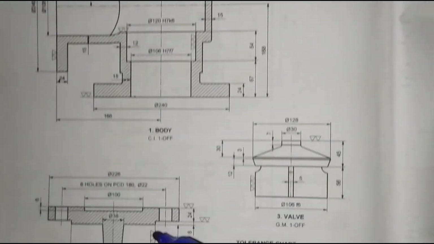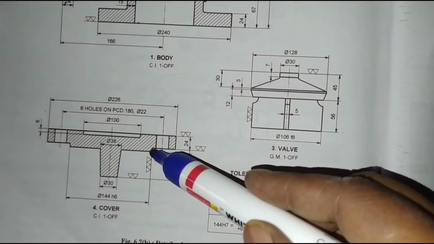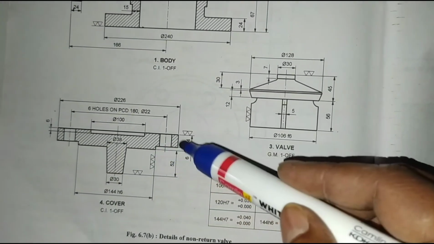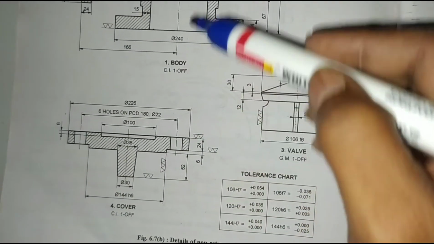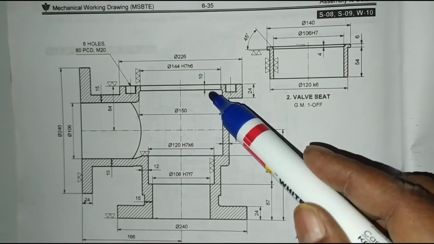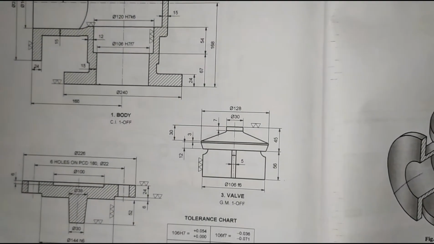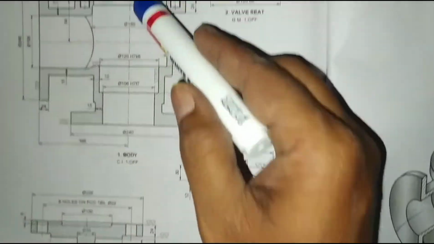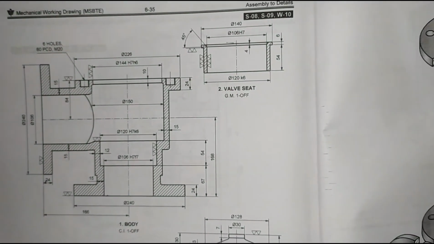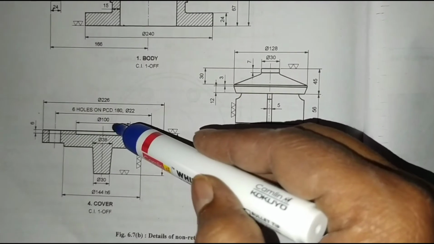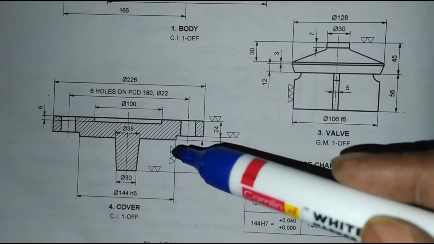And here is the extension, that is material, that is of 6 mm, which will fit in this 10 mm bore. That is also 144, same diameter. And this is the extension provided here. A 100 mm counter bore is created.